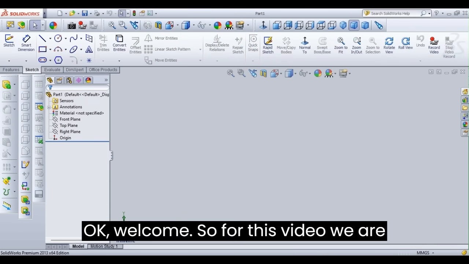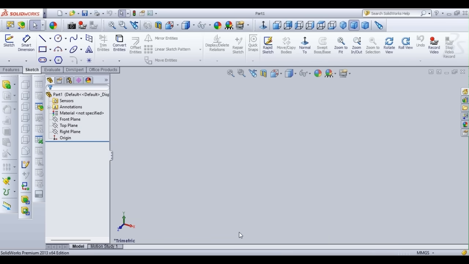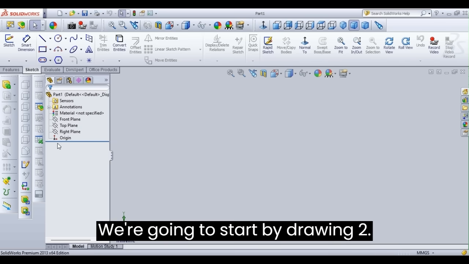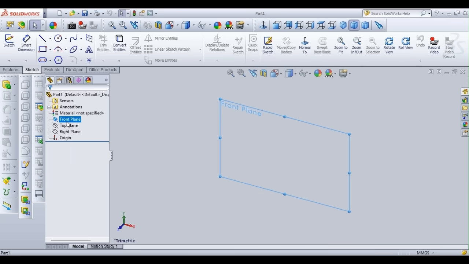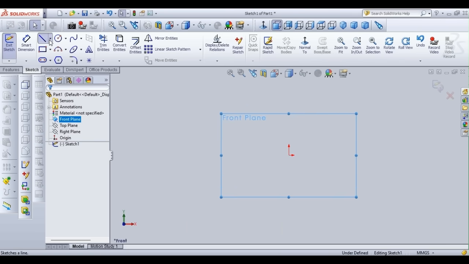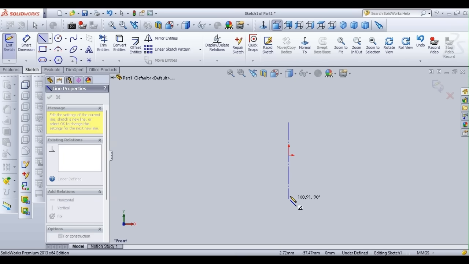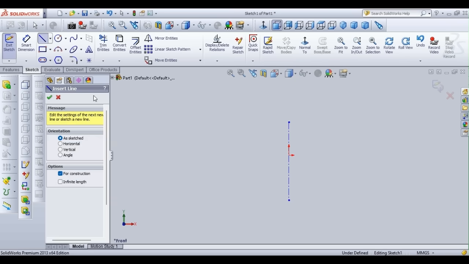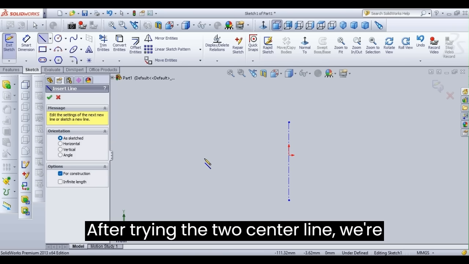Okay, welcome. For this video we are going to create the second part of our chain and then assemble it. We're going to start by drawing two center lines in our front plane sketch. After drawing the two center lines, we're going to